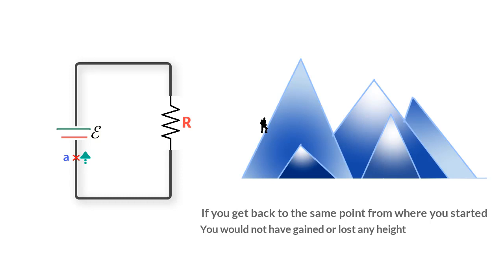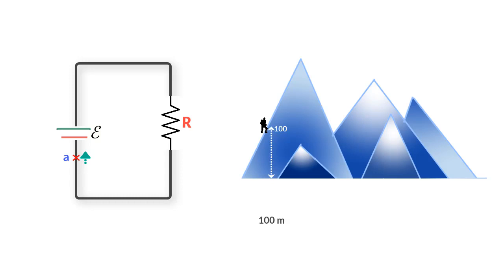So let us see this by adding any gain in height as we move and subtracting as we lose any height relative to the ground as we move from start point and get back to the same point. So let us say you start from a point that is 100 meters above the ground and reach this point that is 10 meters higher. So you add 10 meters to your original height. Then you come down by 25 meters. So we subtract 25 meters and then you decide to go down by another 5 meters.